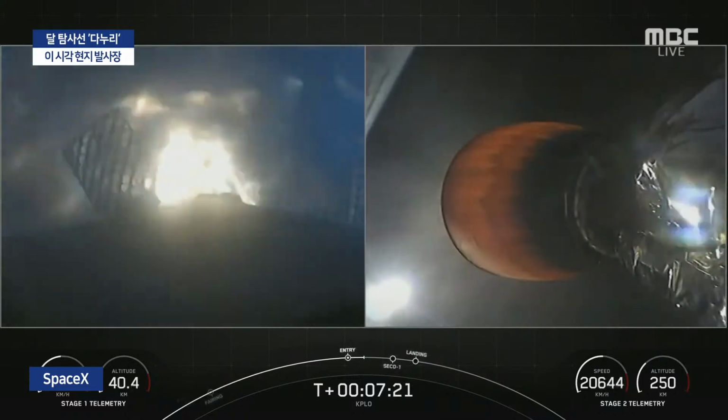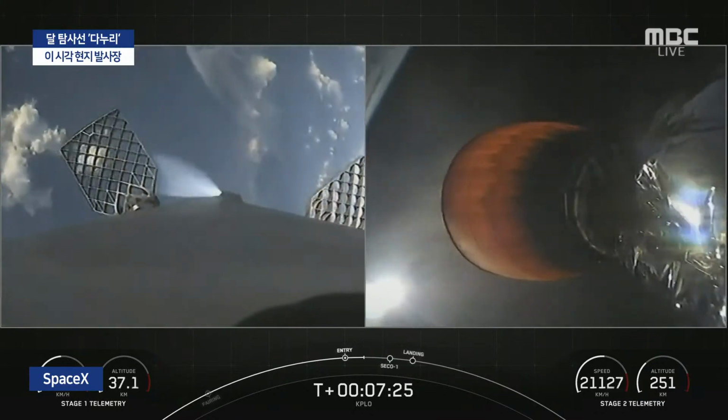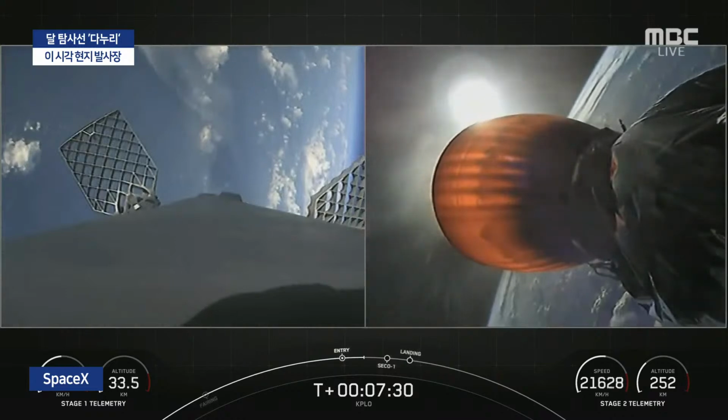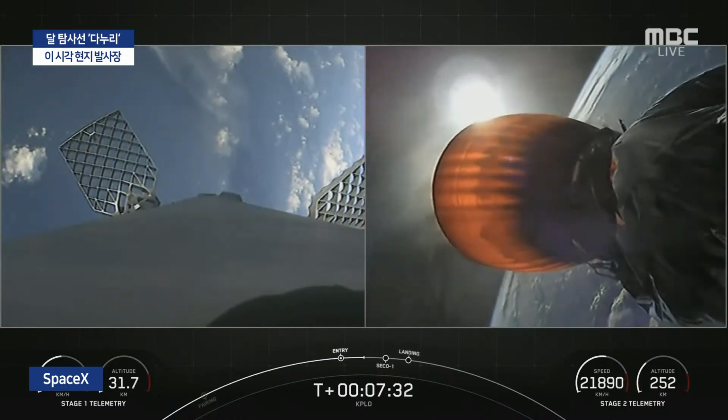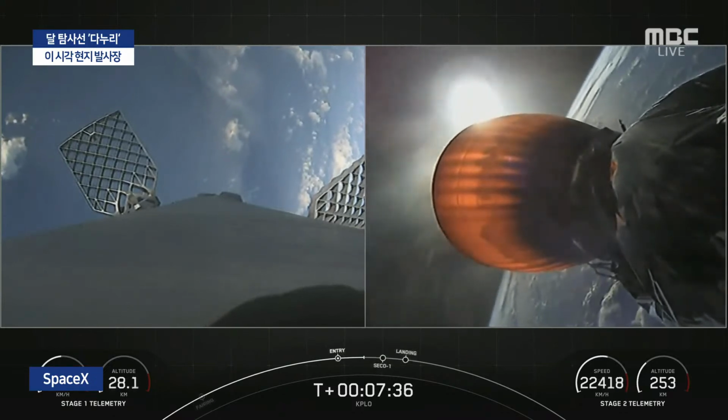Stage 1 entry burn shutdown. Awesome, so that burn is in the books. We have one more to go on the first stage. That's a landing burn that's going to happen in about a minute. We are going to be listening here in about 20 seconds for a call out called